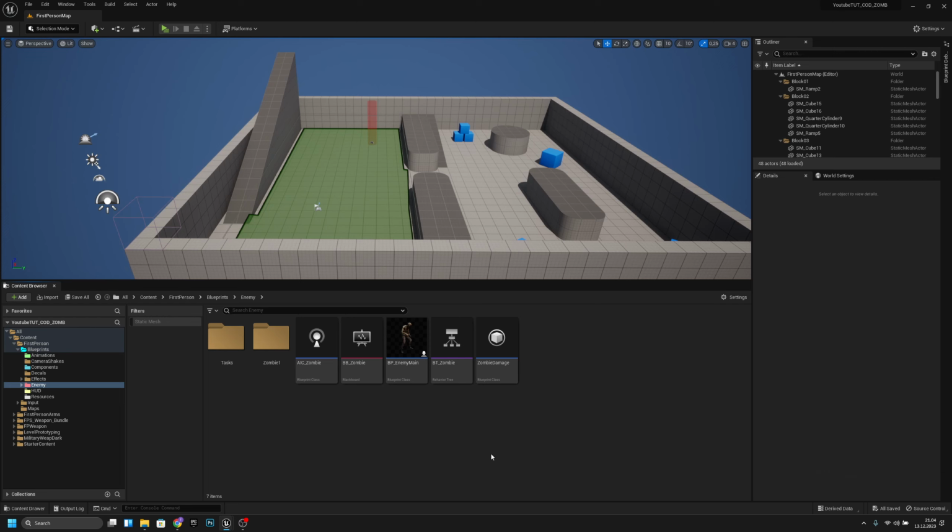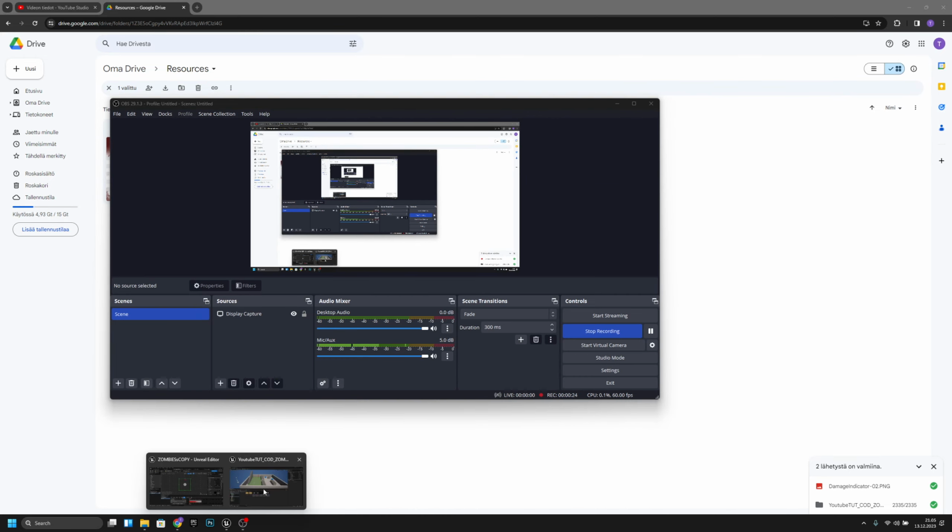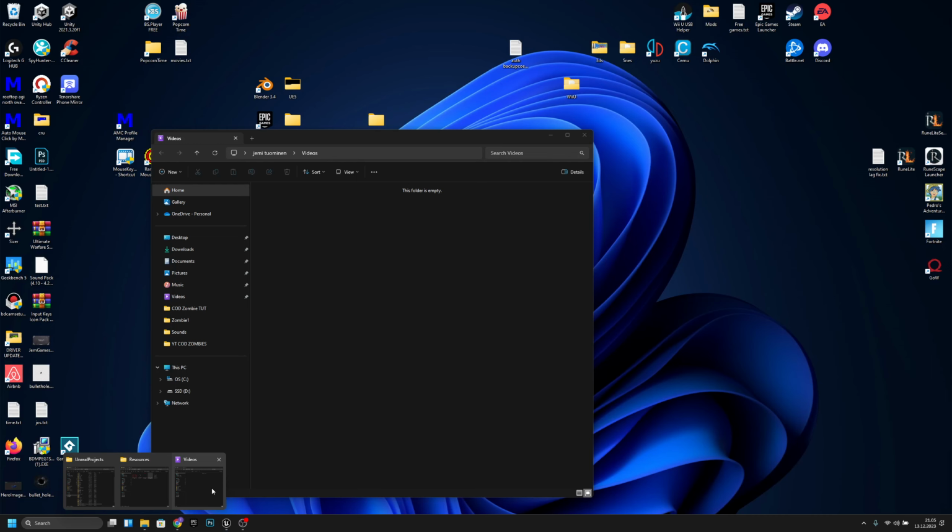First, you want to go to the link in the description and download this. Here are two damage indicators. I'm using this second one. This is the one I made. The first one is from the internet. I like the second one more. So yeah, download it, and then you want to